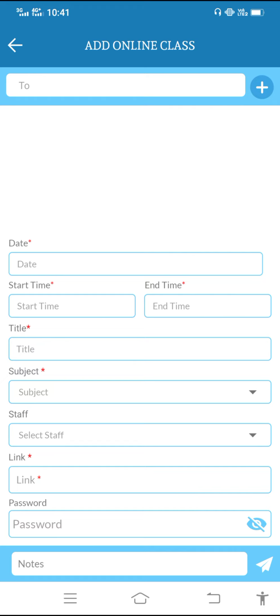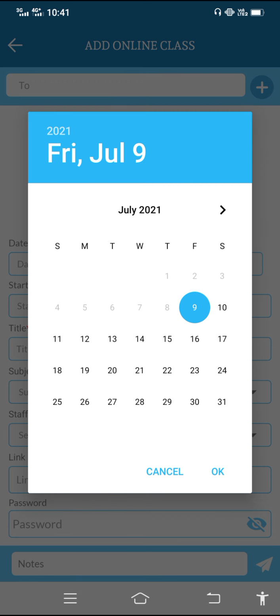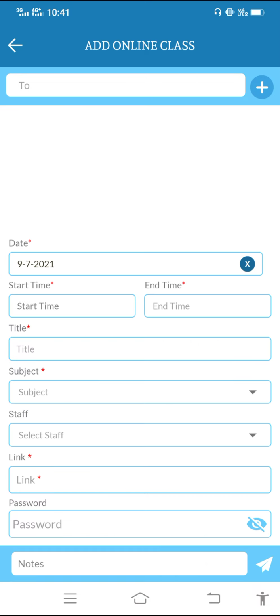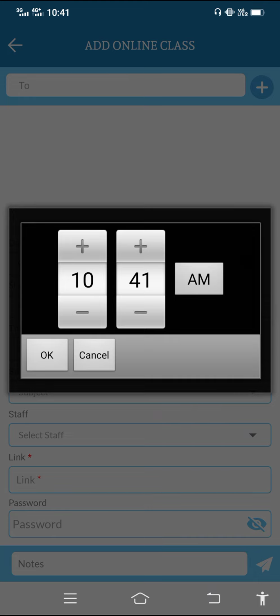First, you have to specify the date. If you click on the date, it will show the date. Suppose here the date is 9, I'll choose this. Then start and end time. This is a good interface, because earlier we had to put the time and there would be some problems in AM and PM. Sometimes the classes were not properly scheduled. Now that option is good. Here we can schedule the class.